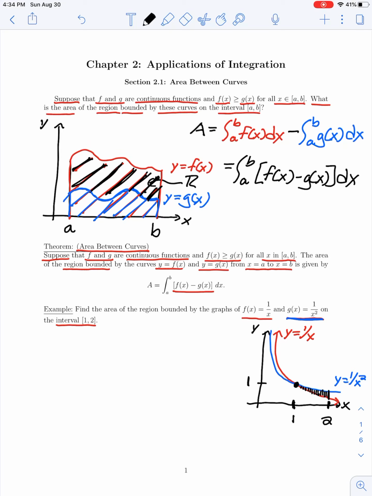So to find the area of that region, we would integrate over the specified interval, in this case from 1 to 2, and the function that we're integrating is going to be the upper curve minus the lower curve. So remember here, our upper curve on the interval from 1 to 2 is the curve in blue here. We can see from our graph that from 1 to 2, 1 over x squared is